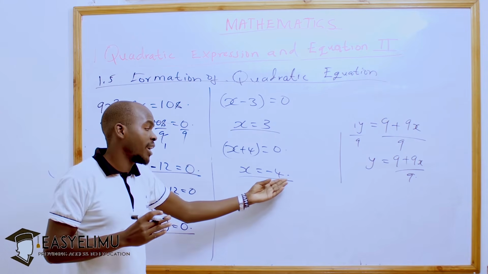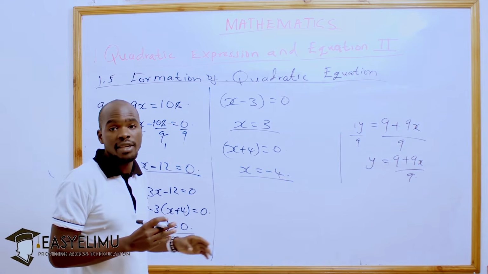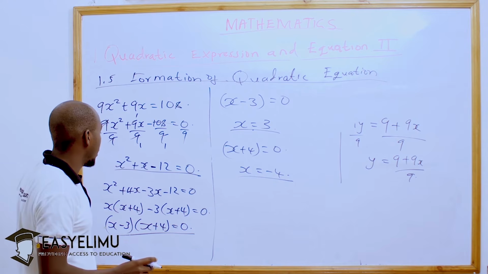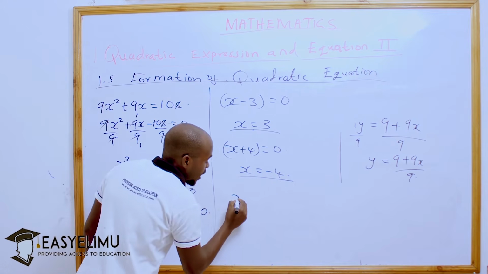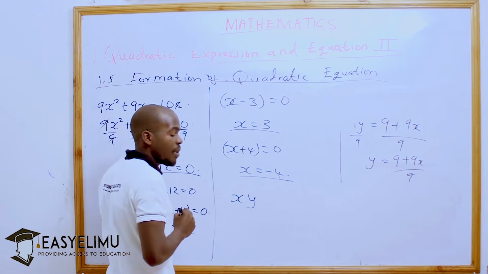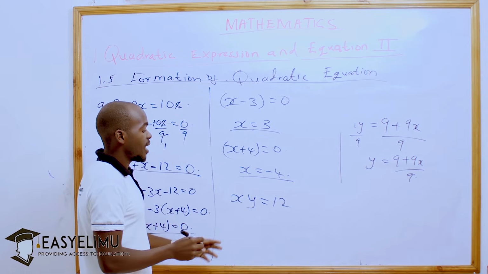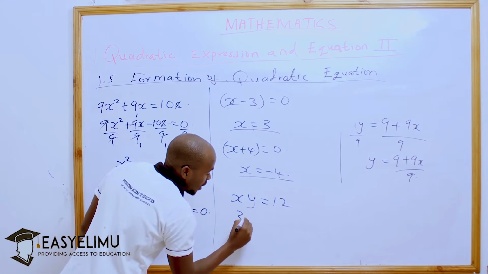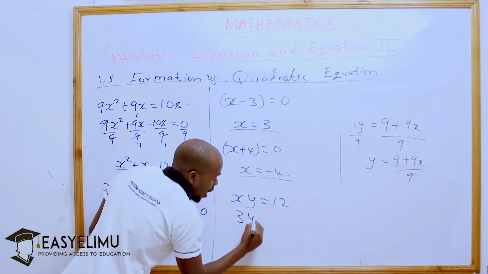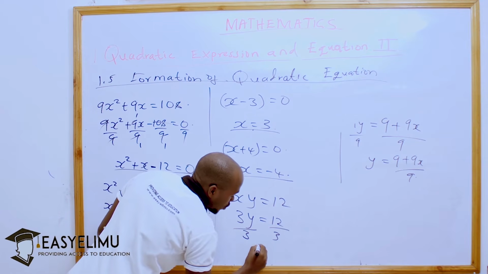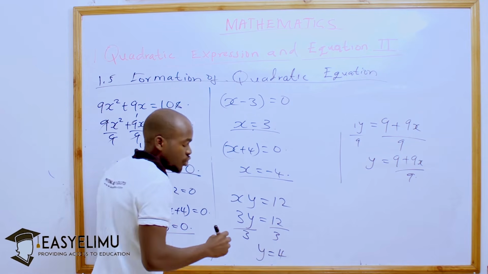So we cannot take or consider x as negative 4. So our x will be positive 3. And from the equation where we said the product of the two-digit number is equal to 12, if we replace x with 3, and then y, we shall get 12. And if you divide, you are going to get y as 4. So meaning,